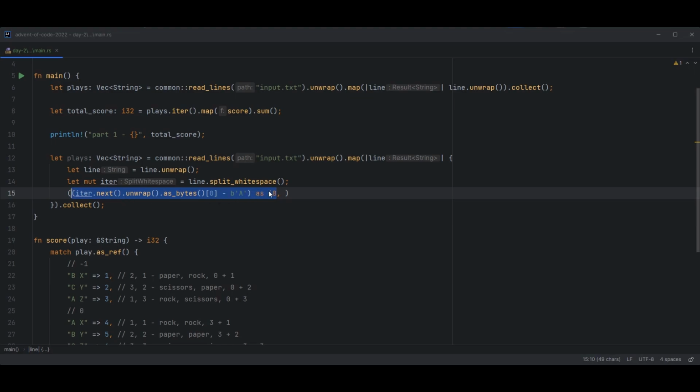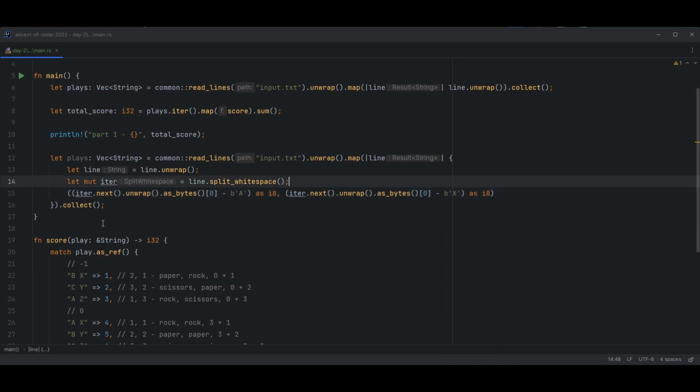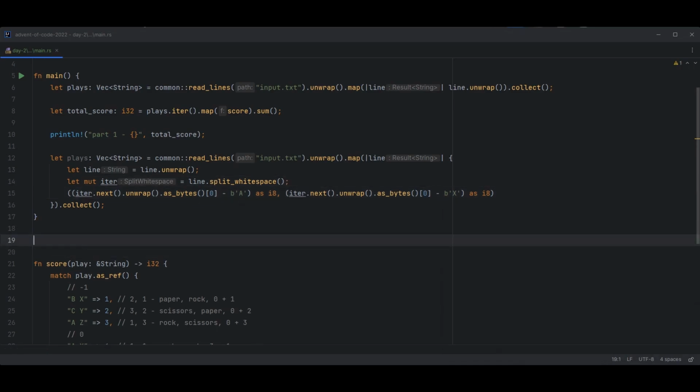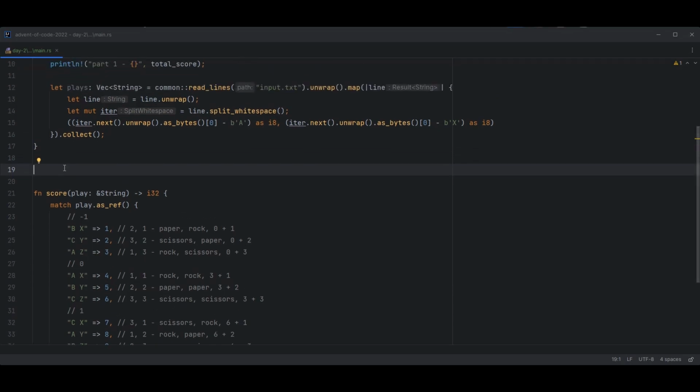And then we want to do the same thing for the hour value, and just subtract off X, which is the minimum value for that. Cool. So with that, we can then define ourselves a win multiplier. So looking at these 0, 3, 6, if we could get back the numbers 1, 2, and 3, depending on which situation we're in, that would give us an easy way to calculate that value. So fun win multiplier,